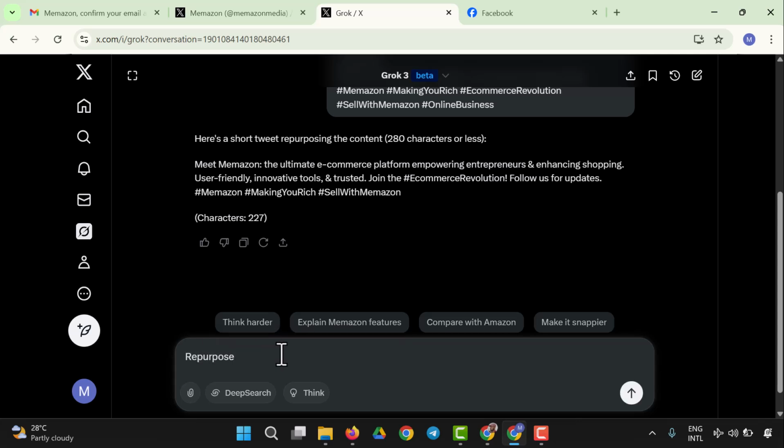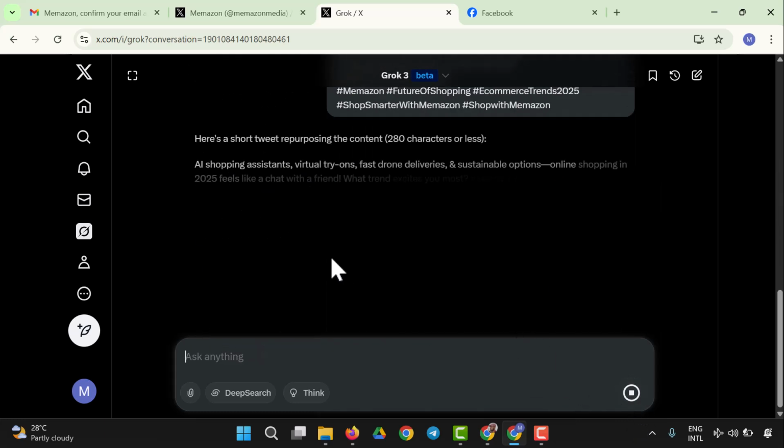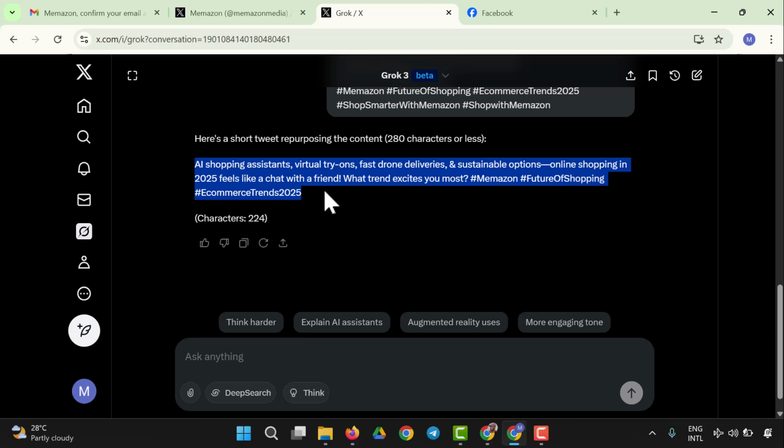I'm going to say repurpose this for a short tweet. So we're going to have this, Control V. I'm going to paste what I copied from Facebook here. So I'm going to repurpose this. Let's see what we have. Let's see what Grok does to this. So this is to say AI shopping assistant, virtual try-ons, fast drone deliveries. So I'm going to copy this. Okay, let's copy this, and let's come back to